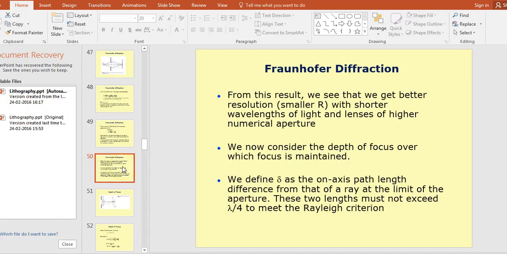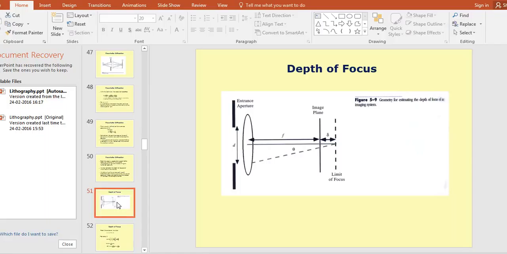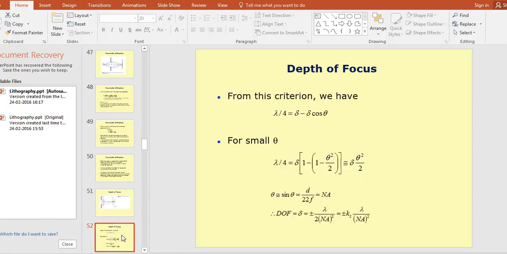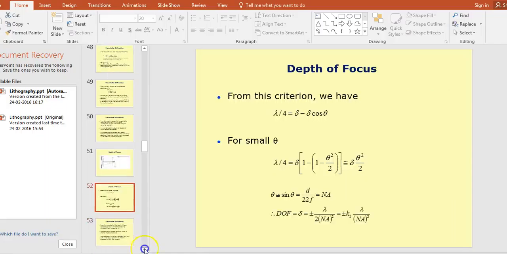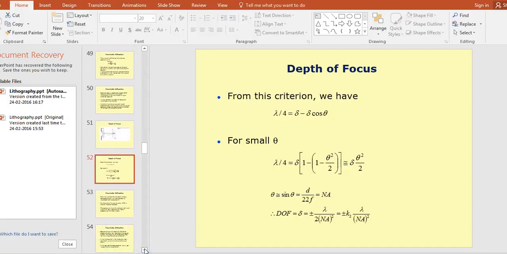So from this result we can conclude that we get better resolution, the smaller values of R, with shorter wavelengths of the light and lenses of higher numerical aperture. And this concept of depth of focus, because depth of focus is also related to the numerical aperture. Here we can see depth of focus is